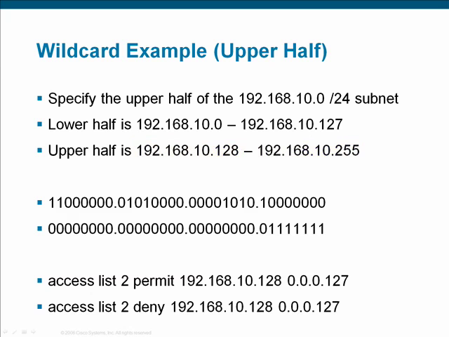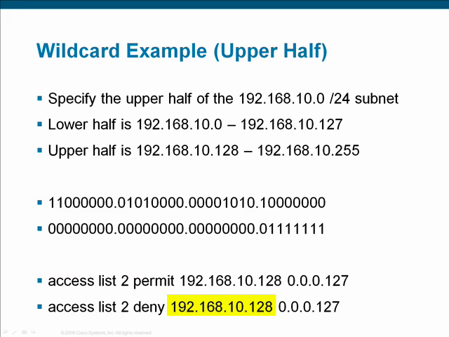Consider the 192.168.10.0/24 subnet. If we were to split this in half, the lower half would have a range of 192.168.10.0 through 127, and the upper half's range would be 192.168.10.128 through 255. When developing the wildcard and address pair to specify the upper half of the subnet, we begin by specifying the address to be in the ACL. In this case, since we wish the ACL to act upon source IP addresses in the numerical upper half, the address in the ACL needs to be the beginning address of the upper half, which is